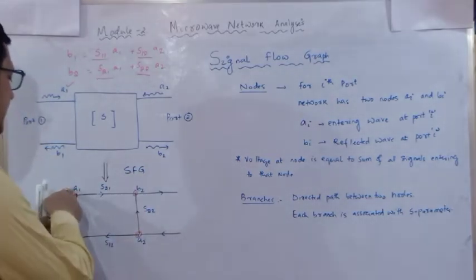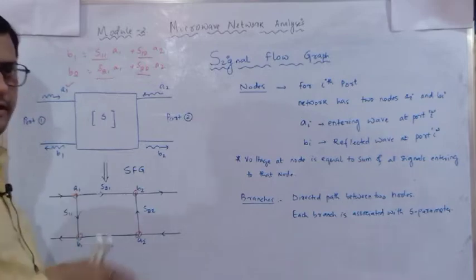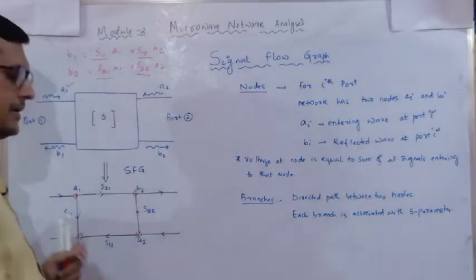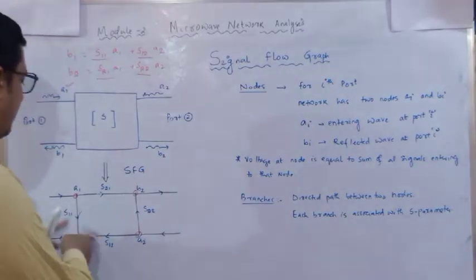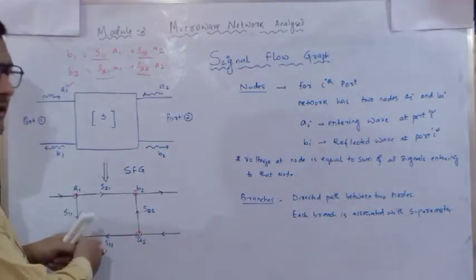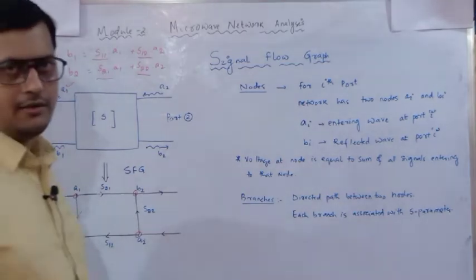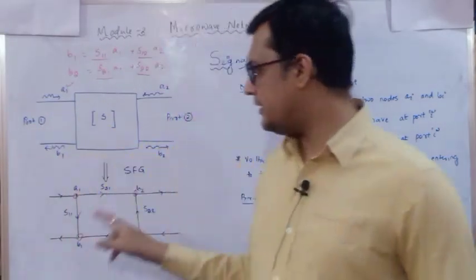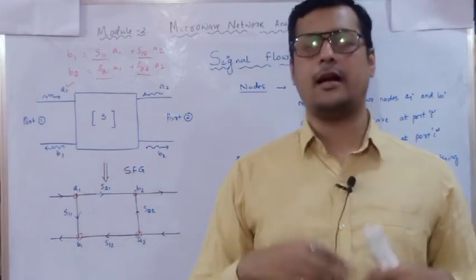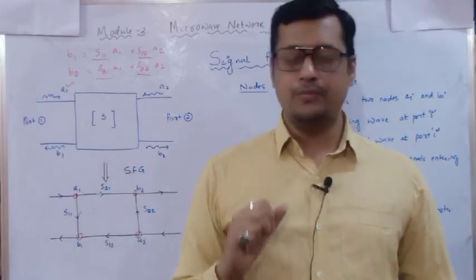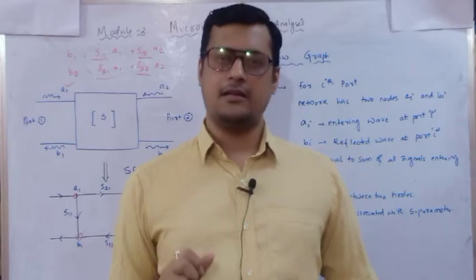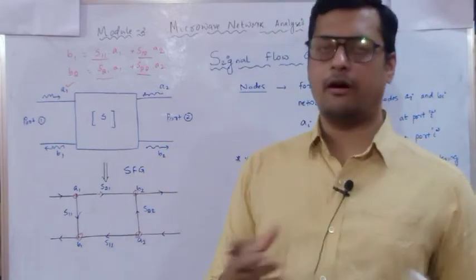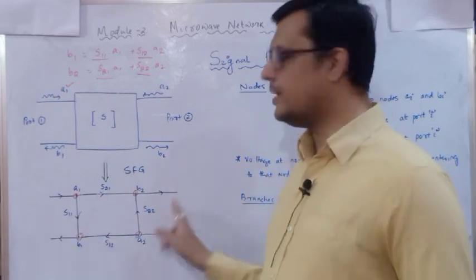Similarly, from A1 you can see incident power is given, two branches are there, one with respect to B2, one with respect to B1. And then at B1 the combination combines the power and is available as a reflected wave. So this is the basic representation, no need to get confused, because this is the representation through which you can identify different sorts of loops, different sorts of paths, forward path, reverse path, as well as the loops, and you can form a relation with respect to input and output.